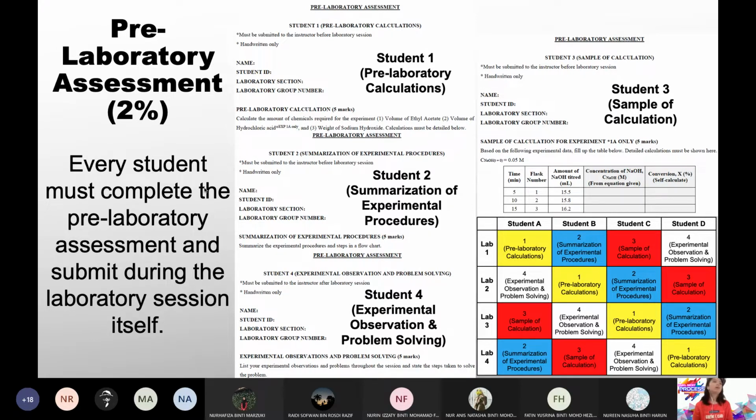Okay, so what do you need to do? If you're student 1, you're supposed to already calculate the chemicals. You must calculate the amounts before you enter the lab. This is very important, because if you only calculate that morning, of course your lab will take 4-5 hours. The lab reaction takes long, because the reactor is really big. We need to wait for it to reach steady state, we need to wait to get results, it takes a very long time.